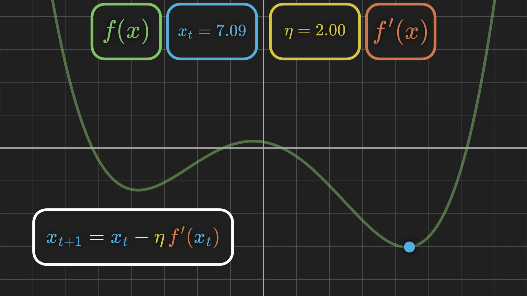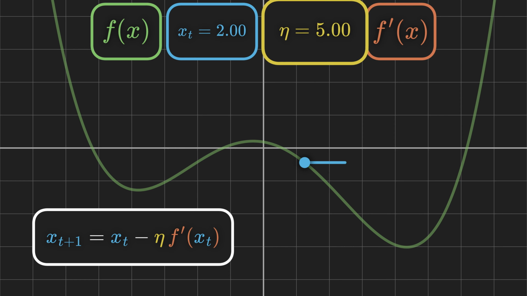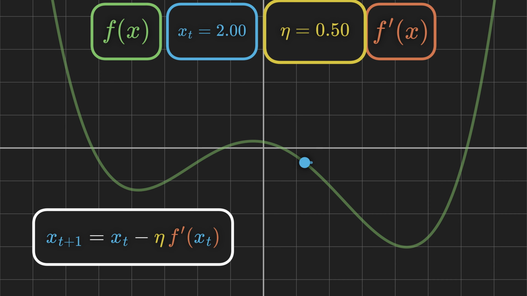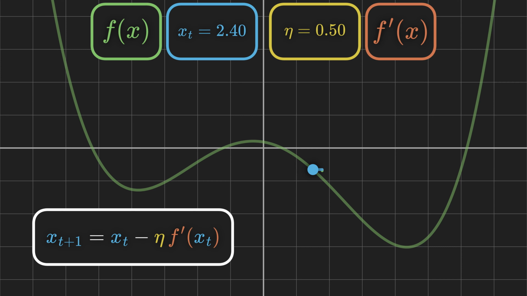But notice how crucial the learning rate is. If we go back to the starting point and increase it too much, we don't smoothly fall into the optimal minimum. Instead, the steps overshoot, pushing us away and leading us to converge to a less optimal solution. Likewise, if we take a smaller learning rate, we do converge to the optimal point, but the steps become so small that it takes forever to do so. Thus, the importance of setting an accurate learning rate value.